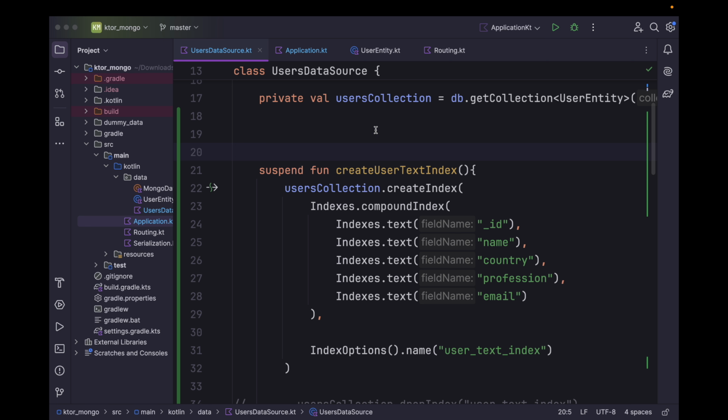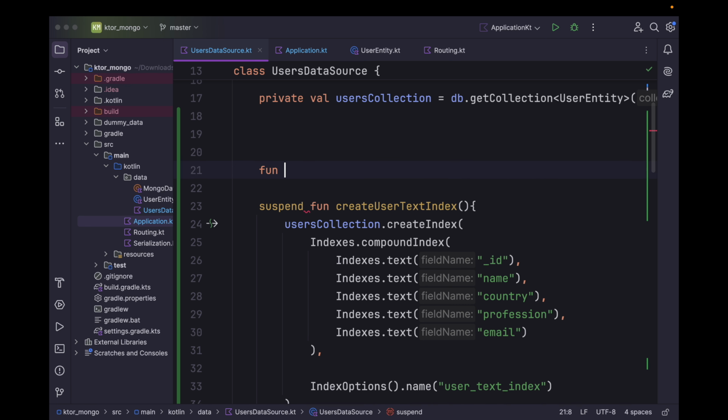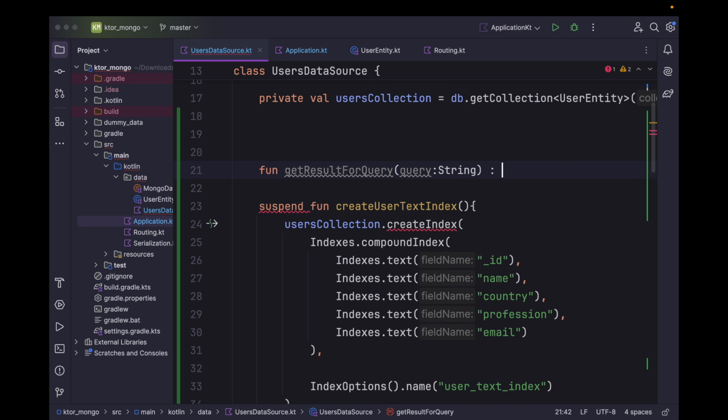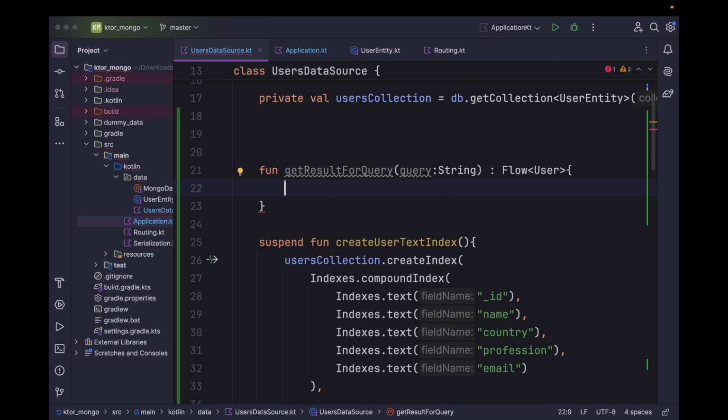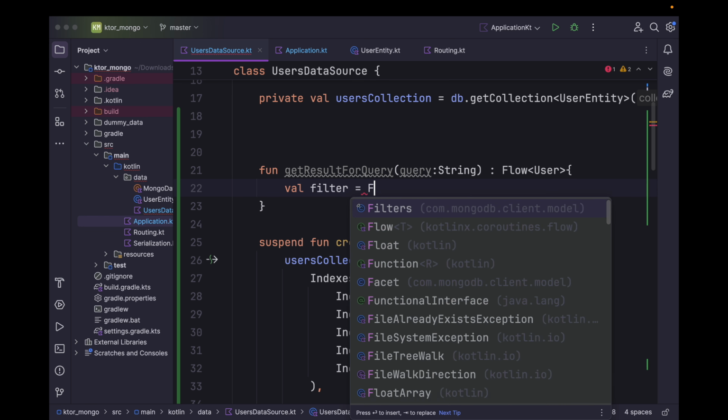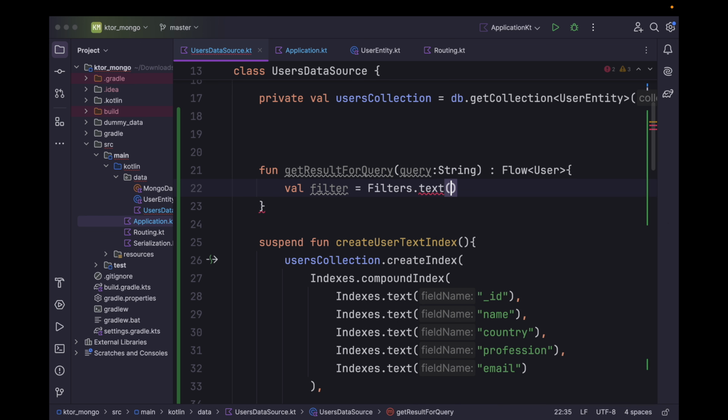To get the result for our search query, we can create a function. So we can say function get result for query, and we can get query as a parameter and return flow of user. Now for full text search we can set filter as filter equals filters dot text, and we can pass the query.